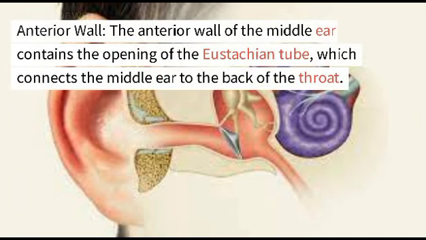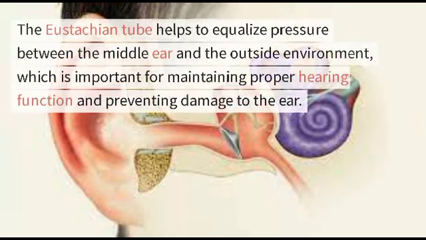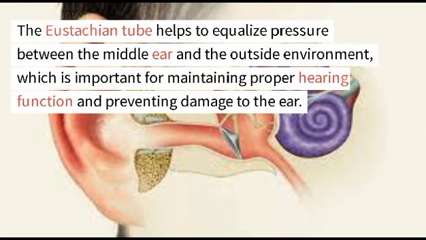Anterior wall. The anterior wall of the middle ear contains the opening of the eustachian tube, which connects the middle ear to the back of the throat. The eustachian tube helps to equalize pressure between the middle ear and the